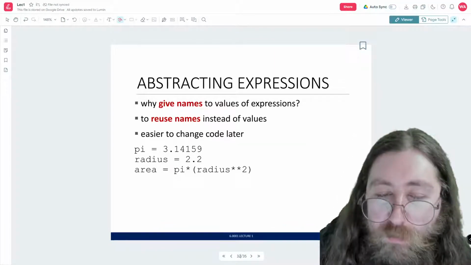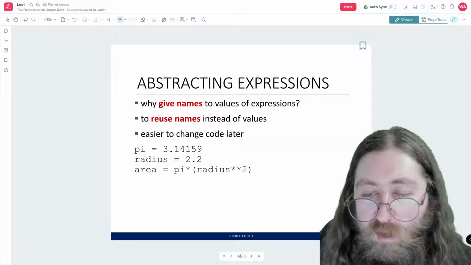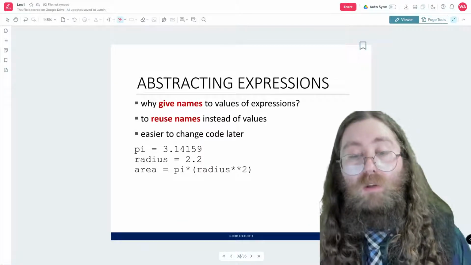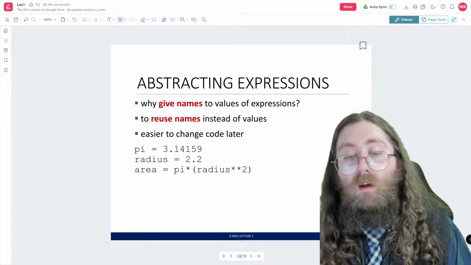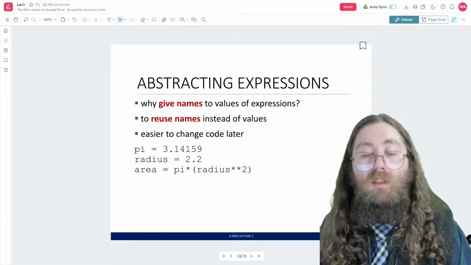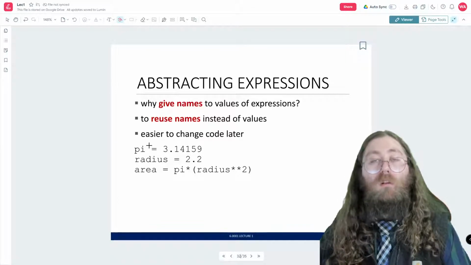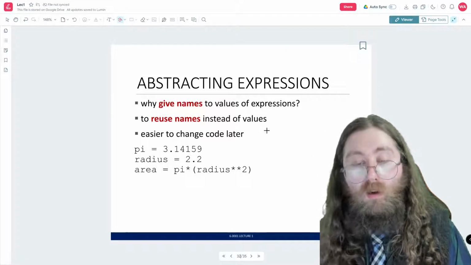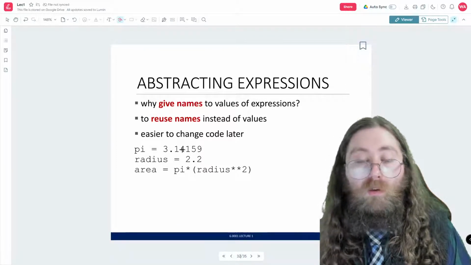So why might we give names to the values of expressions? Well, we do that so that we can reuse values over and over again. Also, it makes it easier to change things later. So here's the example of calculating the area of a circle. The area of a circle is pi r squared. So you say pi equals 3.14159.